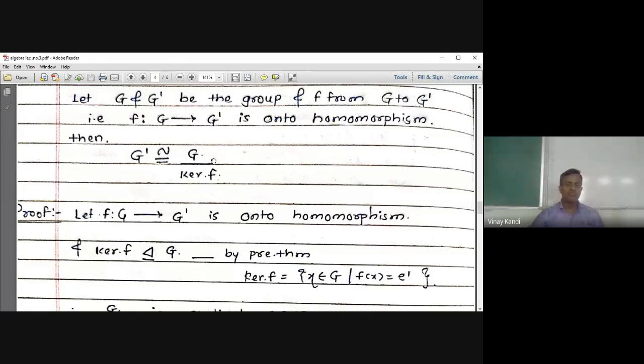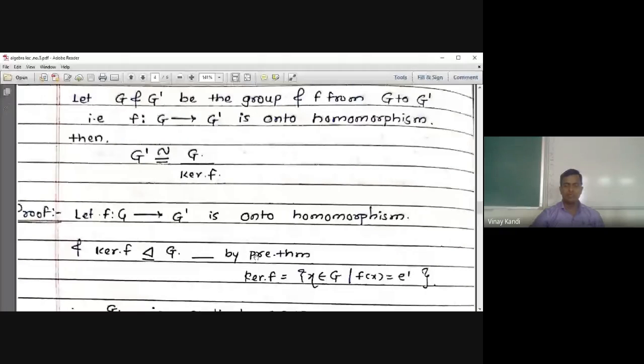Why? Because to find the factor group G upon kernel of f, the kernel of f must be normal in G. The group in the denominator must be a normal subgroup of G. Hence, the kernel of f is always a normal subgroup of G by the previous theorem,